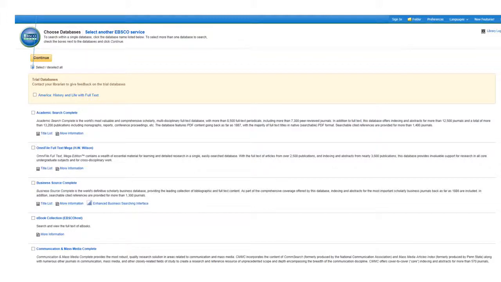And depending on what you're looking for, there may be some times that you want to select all of the databases, but within this collection of databases, there's some that I'm just appalled when students choose them, because they say very clearly on there that they're for elementary or for middle school research, or some that say that they are